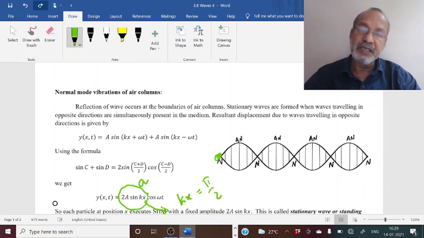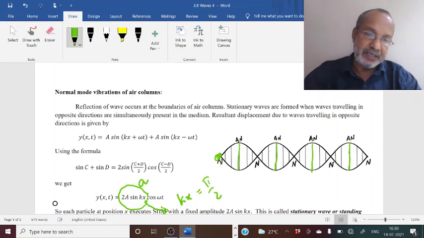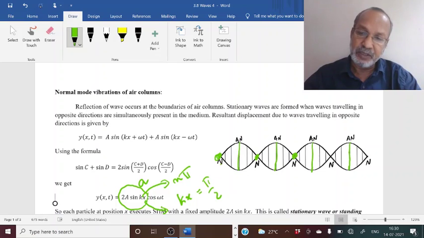So at certain places, particles are having maximum displacement 2a. One is this point, another is this point, another this point. This is maximum amplitude. So these places are called antinodes, and there are places having zero amplitude. For example, at x equal to 0, we have a node, and kx equal to n pi. For example, kx equal to pi, we have sin pi equal to 0, so that is this point. Then we have sin 2 pi equal to 0. Then we have sin 3 pi equal to 0. So at these places, the amplitude of vibration will be 0, and these places are called nodes.